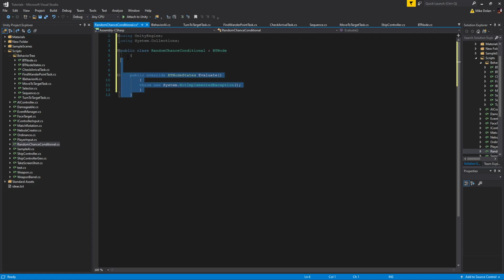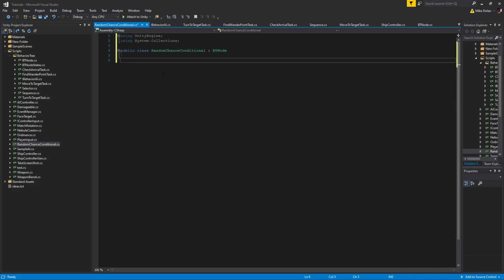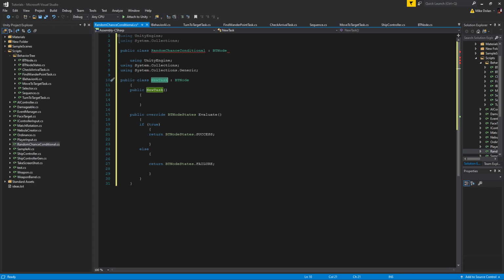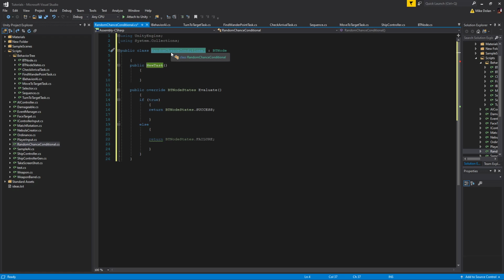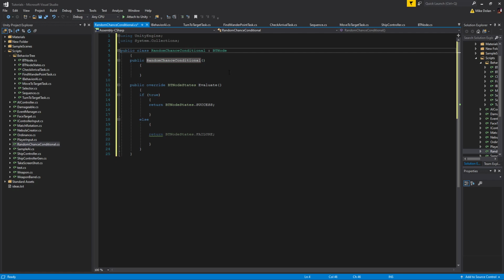We need to show off my really cool snippet. So, like I said before, if I type in BT node, it wasn't working before. BT node. There we go. Okay, so you just type in your snippet, and you press tab, and it will fill in kind of your boilerplate. So that's what I've been doing. Okay, so it kind of just sets up some of the stuff that I want here. Now this boilerplate is actually not that great, but okay, so we have our random chance conditional as our constructor,